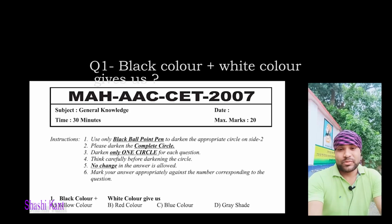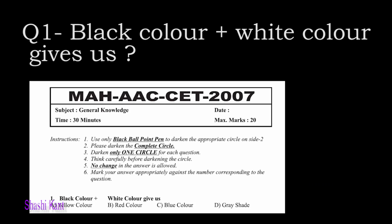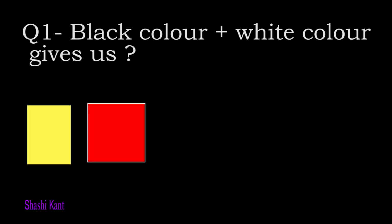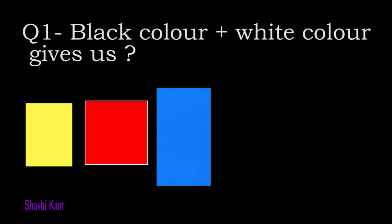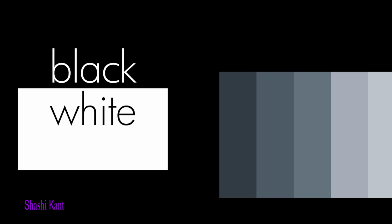So the question number 1, black color plus white color gives us. So the options are A, yellow color, B, red color, C, blue color, and D, gray shade. And you must know the answer, that is D, shades of gray, that we will get with a black and